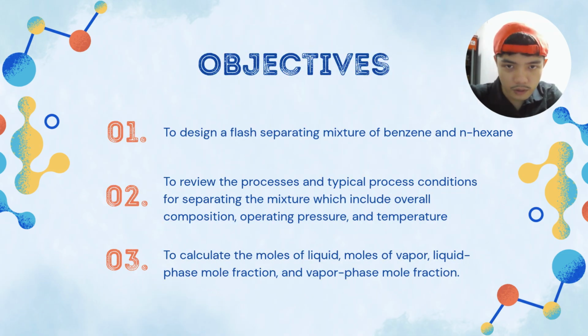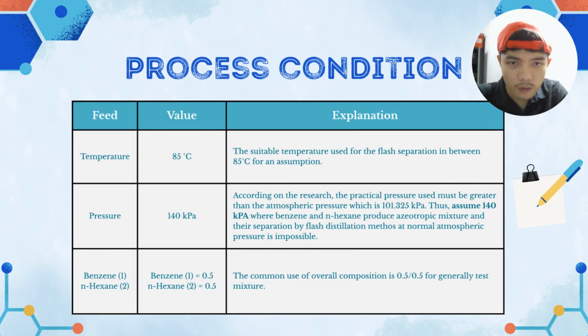So, our objective is to design a flash separating mixture of benzene and hexane. Furthermore, to review the processes and typical process conditions for separating the mixture, which include overall composition, operating pressure and temperature. And last, to calculate the moles of liquid, moles of vapor, liquid phase mole fraction and vapor phase mole fraction. So for our process condition, the suitable temperature used for the flash separation is 85 degrees for